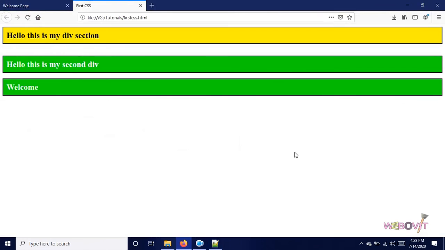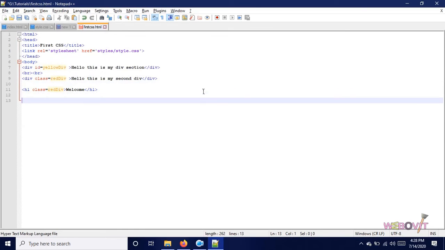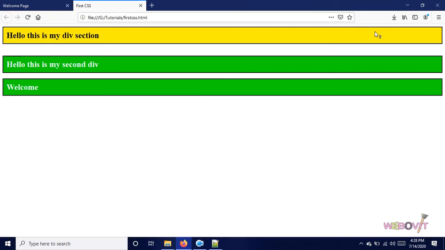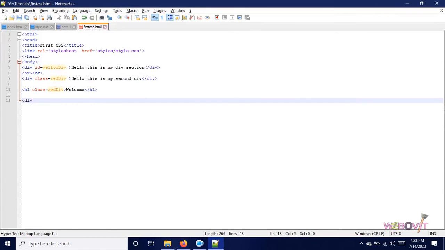Now suppose you have some box over this area and you want it a little bit transparent as well, of red color. So what we will do, we will take one more div here. We will take one div and we will hang it on the right hand side top section of the page. How to make it hang? This one properly we are going to learn in our future video. Here I am applying that style directly.